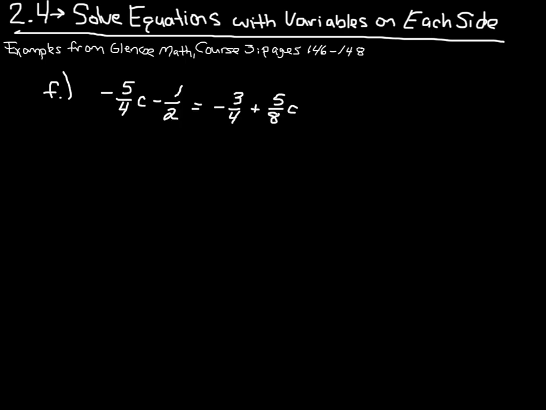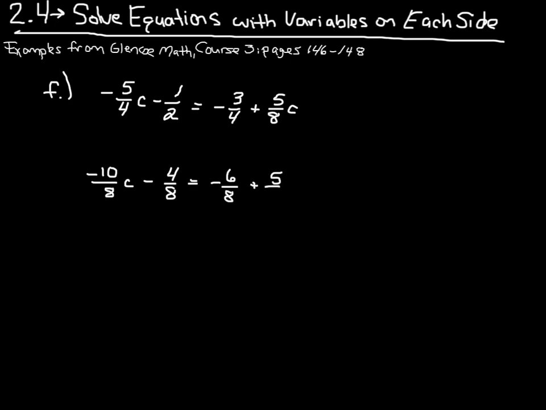Negative 5/4 C minus 1/2 equals negative 3/4 plus 5/8 C. Well, here what I would do is to again get everything into common denominators. And for 4, 2, 4, and 8, that common denominator is going to be 8. And so our negative 5/4 becomes negative 10/8 C minus 4/8 equals negative 6/8